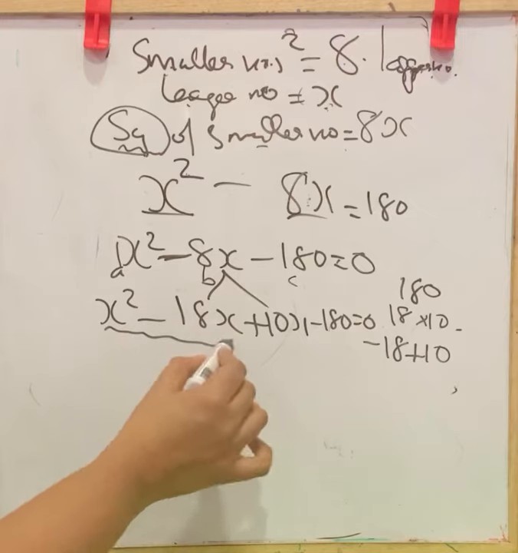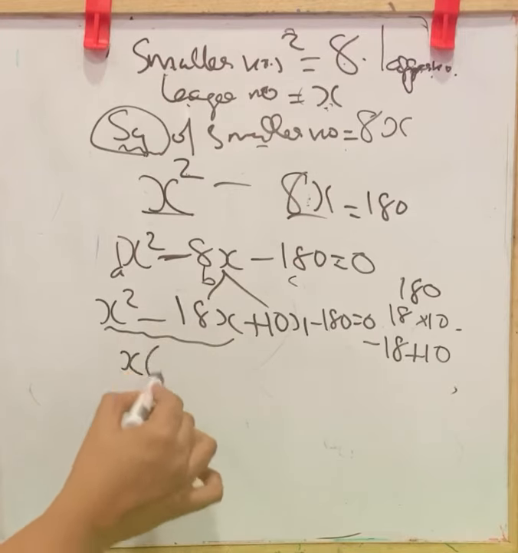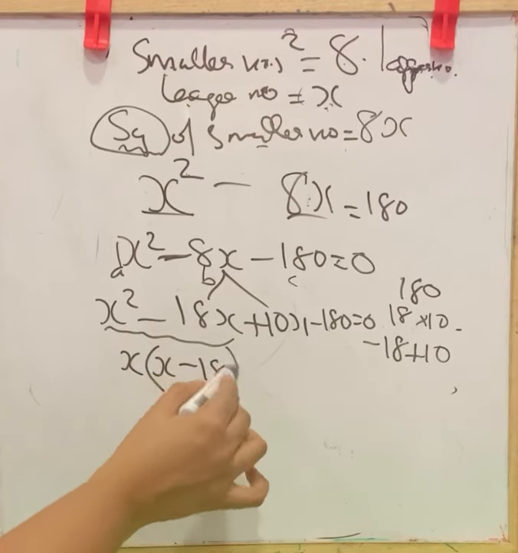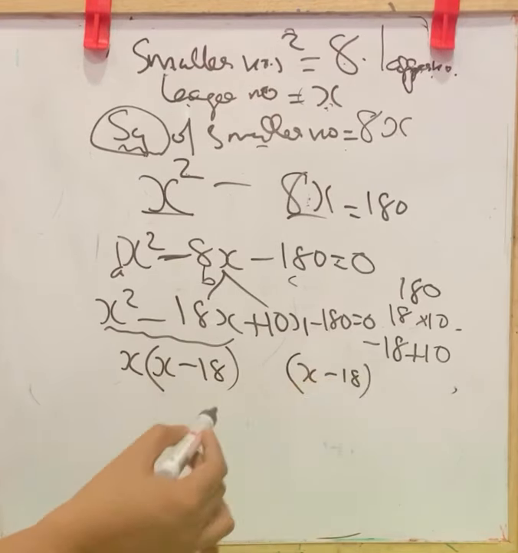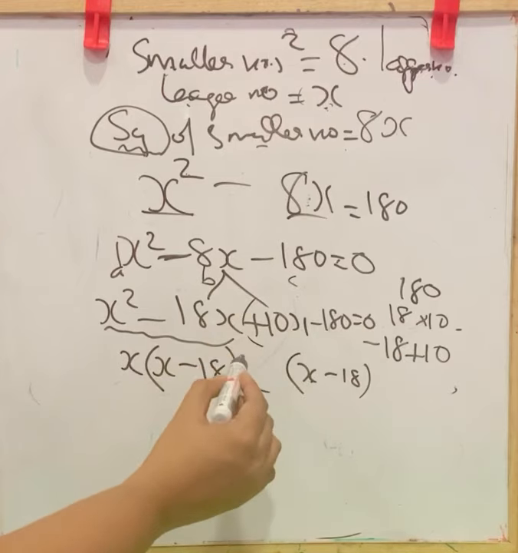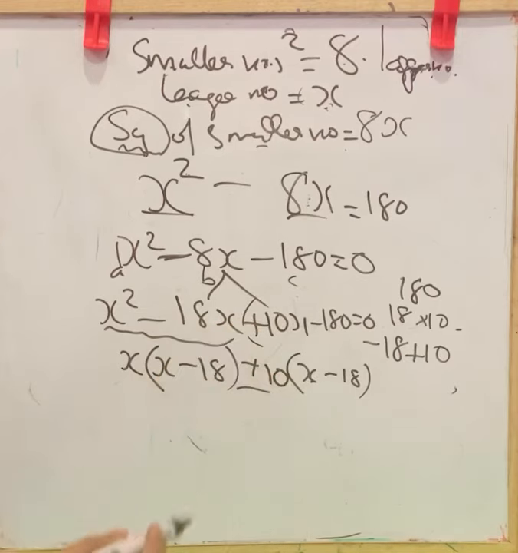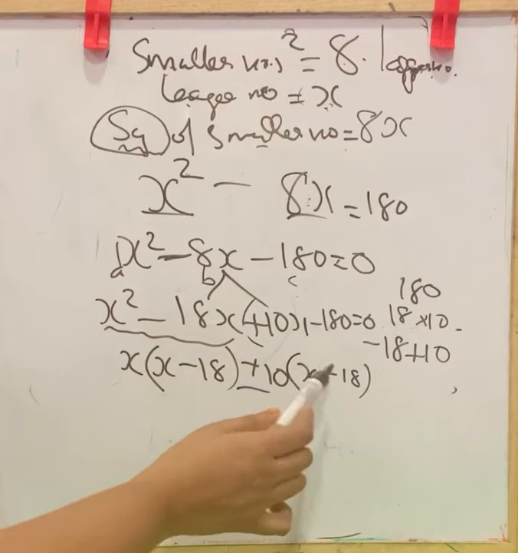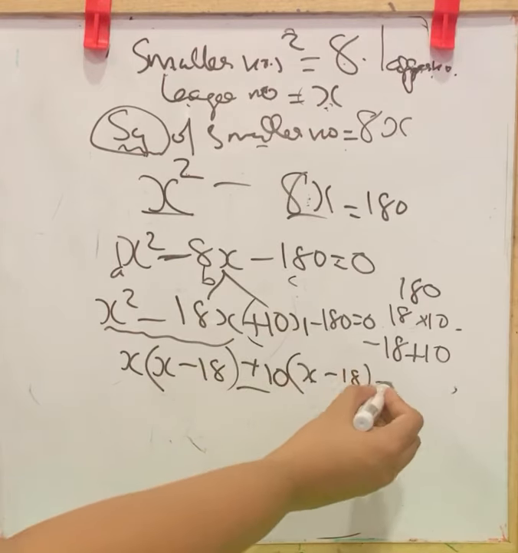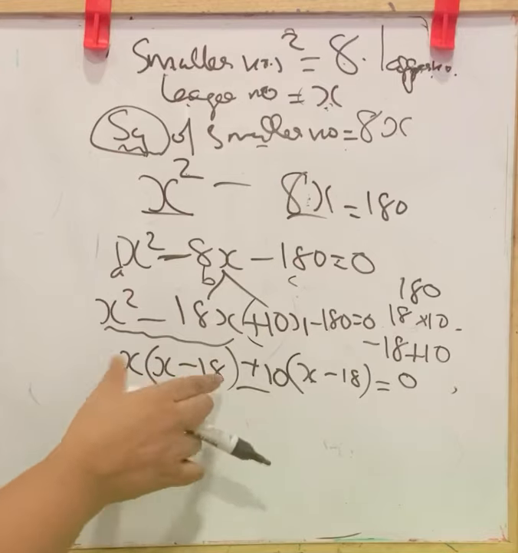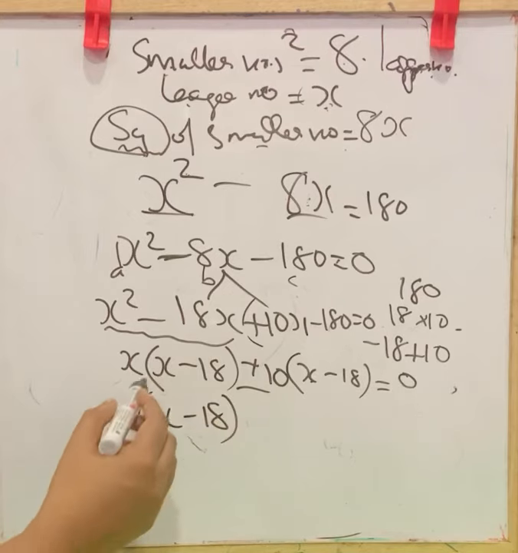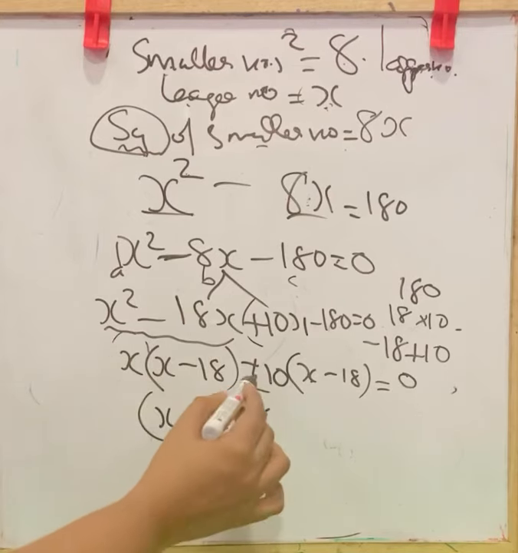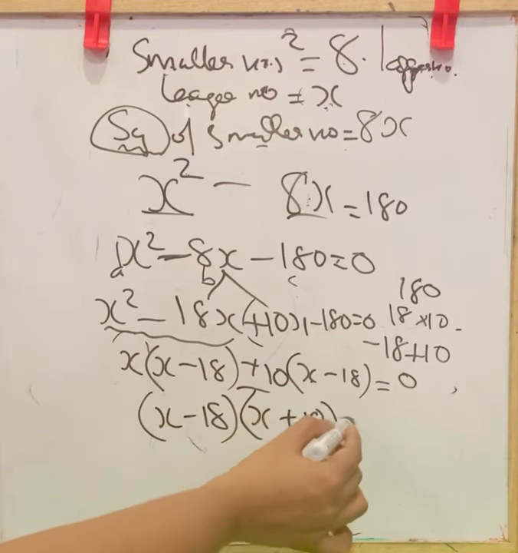Now from these two terms we will take the common factor outside. Here x minus 18 in the bracket. First write x minus 18, into x, plus 10x, that is plus 10 into x is plus 10x. Let us check it with the last term: plus 10 into minus 18 is minus 180. Equal to 0. Now from this term and this term, x minus 18 is a common factor. x minus 18 taken outside, here we will have x and here we have plus 10, equal to 0.